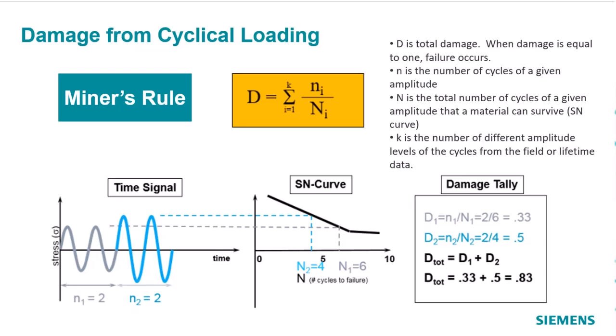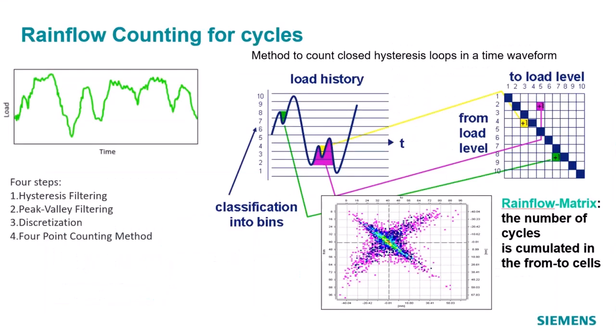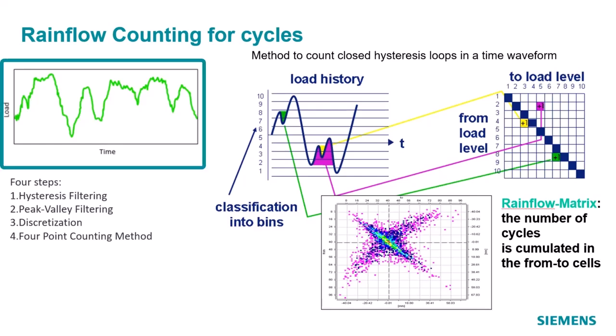Okay, so Miner's rule is a good way to know the total damage accumulated due to cyclical loading. When the damage is equal to 1, that is when a failure occurs. Now the failure can mean a component being fully broken or a small crack can happen. Either of these are examples of damage. We see that here in this idealized case, it looks like a pure sine wave and termination of the cycle is very straightforward. But most commonly in real life situations, we'll see that the load pattern looks like this, a more complicated waveform.